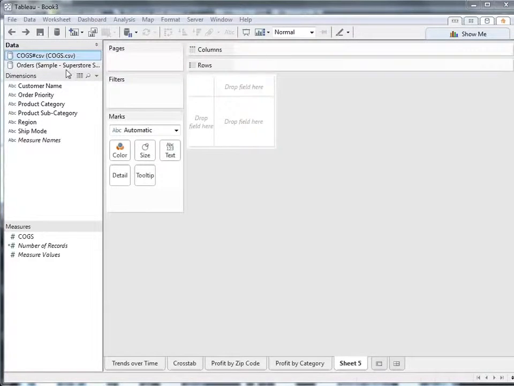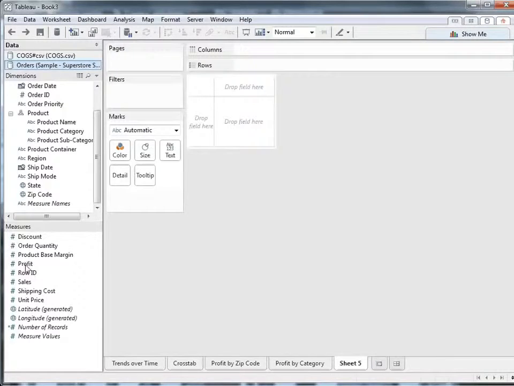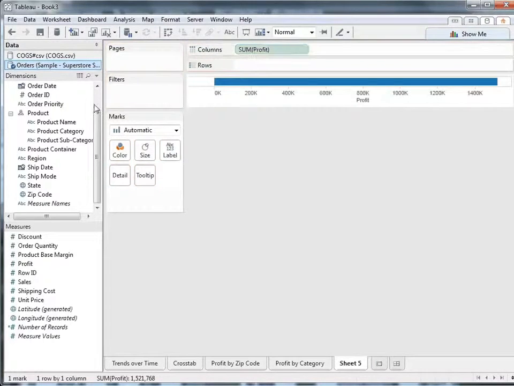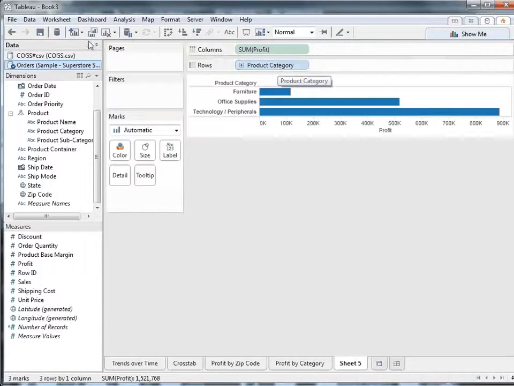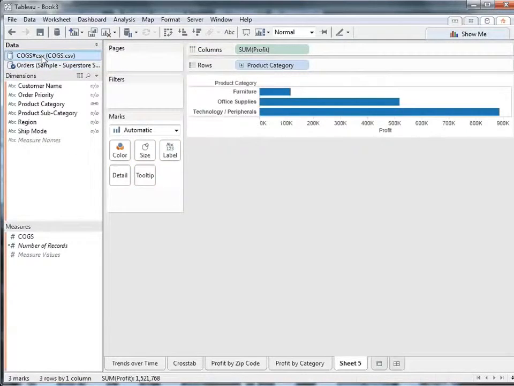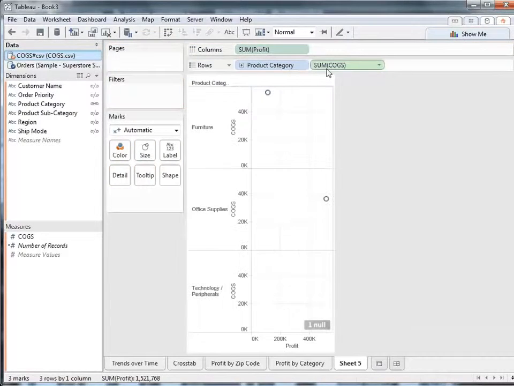The first thing I want to look at is the relationship between cost of goods sold and profit. When I view my cost of goods sold data set, I can see that Tableau has automatically linked the two data sets on product category, and I can join on that field. So when I drag out cost of goods sold, I'll be able to see that data for all my different product categories. I'm going to turn this into a single scatter chart